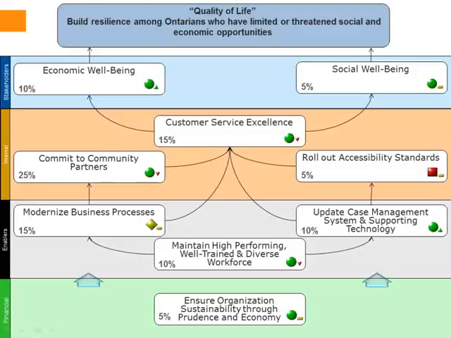So these are just performance indicators, but imagine if we're having our first leadership team meeting and this is a scorecard in front of us. Which strategic objective should we focus in on? Many people make the mistake of suggesting that maybe we should be focusing in on rollout accessibility standards because it's red. But the question is, is a red at 5% more important than a yellow at 15%?